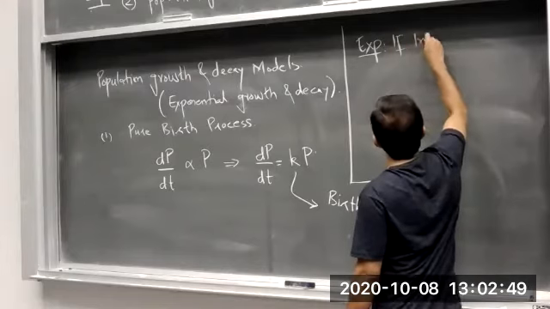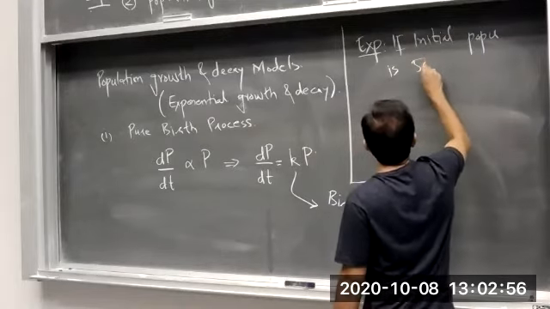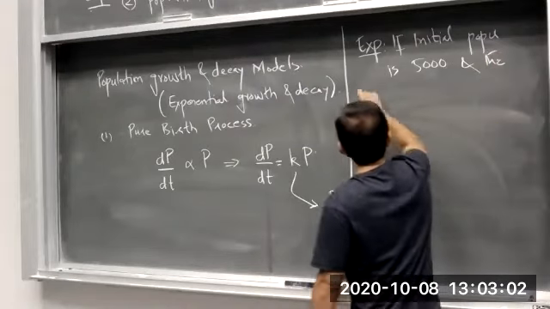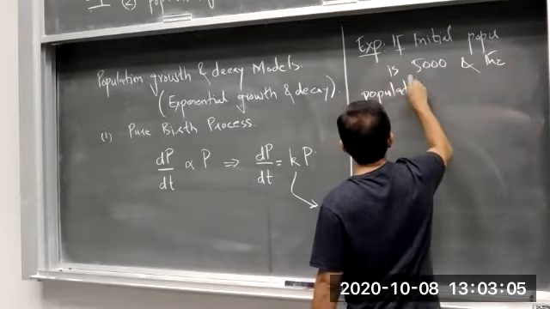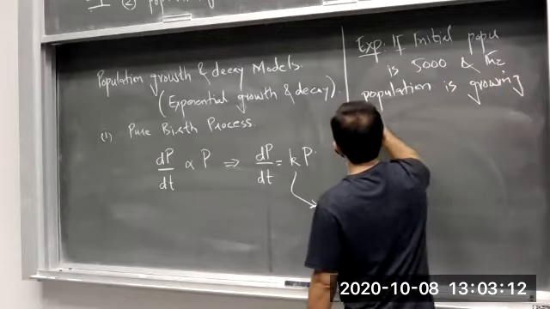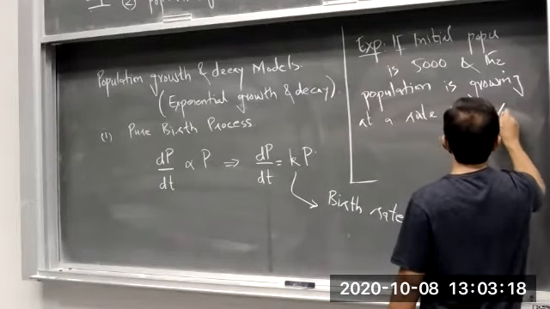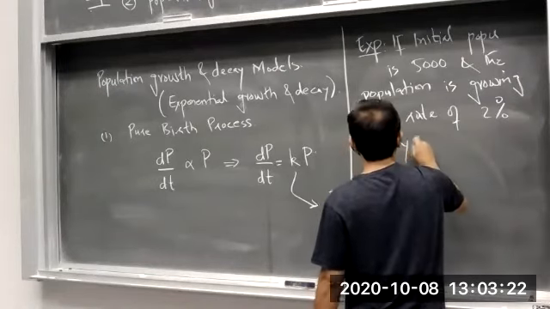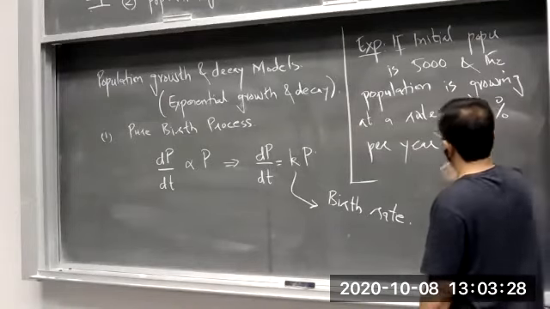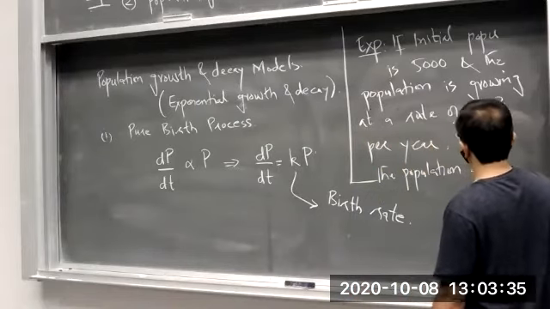If initial population is 500 or 5,000, okay, and the population is growing at a rate of maybe 2% per year, okay. Find the population after 10 years,